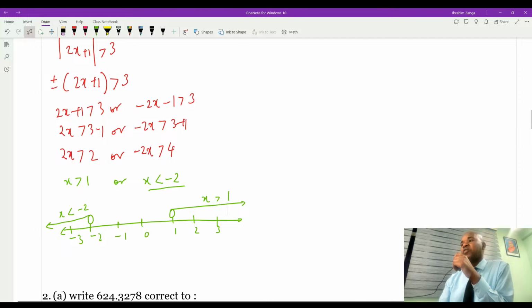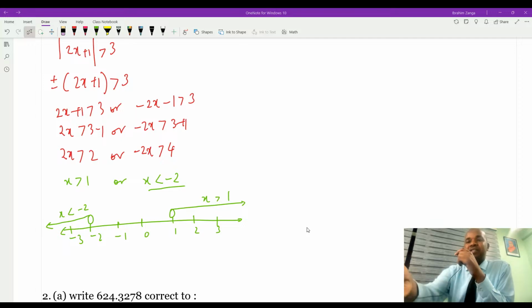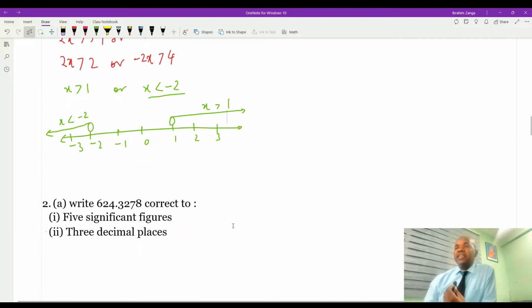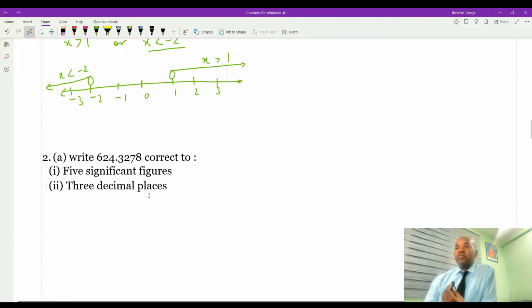It was a bit long question, but for students who are able to do these, the rest of these questions are easy for them. We are going to continue with the next question. And the next question, dear students, is question number 2. And here we go. 2A, write